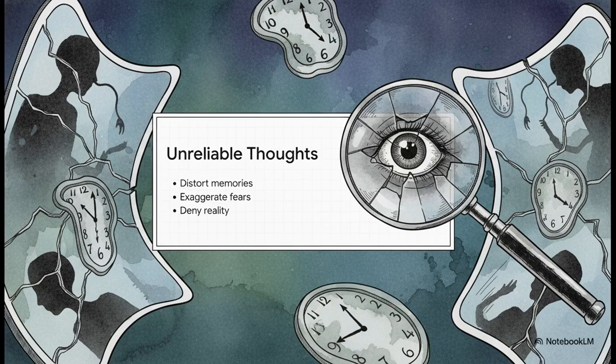But here is a fascinating twist for you. Private thoughts aren't always objectively true. Just because we're inside a character's head doesn't mean we can actually trust them. This introduces us to the wild concept of the unreliable narrator. Characters will constantly internally rationalize their harmful behavior, distort their own memories, exaggerate their fears, or flat out deny reality. They might think, everyone hates me, just because a friend texted back late. It's their truth, for sure, but it is not the truth.